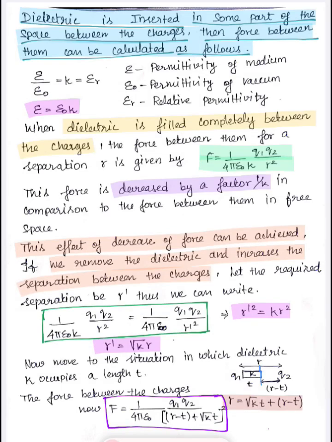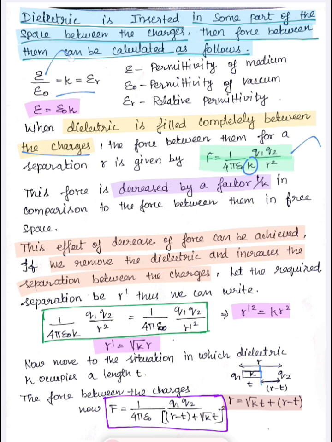Hello students, today we see the force between two charges when a dielectric is filled. Consider two charges at distance r, and the dielectric is completely filled between the charges, that is, up to r distance, and the force becomes 1 by 4 pi epsilon naught k q1 q2 by r square. Here k is not equal to 1 by 4 pi epsilon naught, it is the dielectric constant,